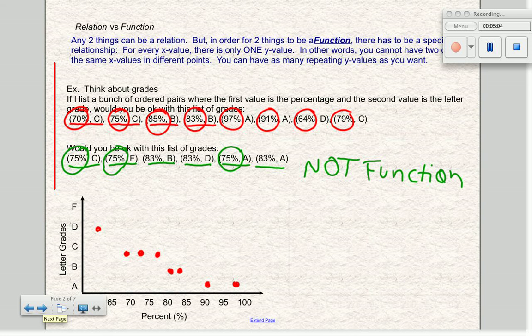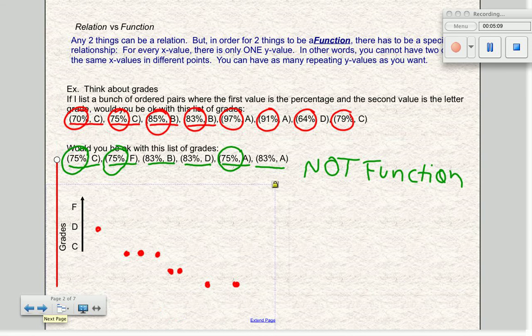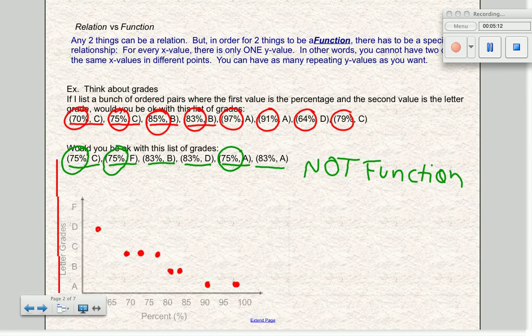So there's this thing called the vertical line test. Here's my red vertical line. I want to imagine it going across my graph. If this vertical line ever touches more than one point, it's not a function. And you can kind of see that this line is never going to touch more than one point. So that passes the vertical line test. That is a function. If I graph the other one,